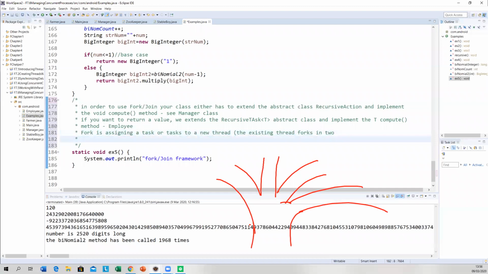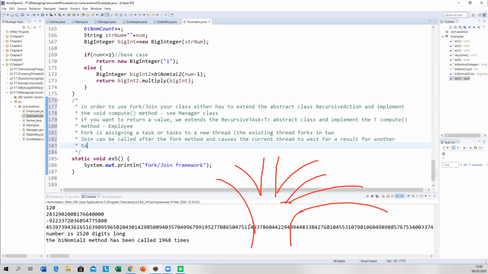Now, join. I'm going to take the book. Join can be called, it doesn't have to be, after the fork method, and causes the current thread to wait for a result from another task or subtask.